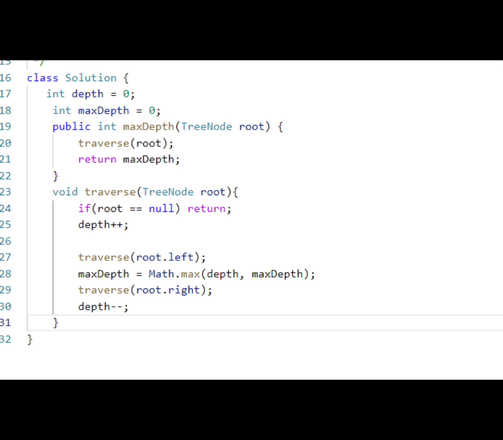And for the main function, it will be traverse root, and at the end we're gonna return the maximum depth. So this is the traversal solution. So what's the time complexity of this solution? This one is big O of n, and n is the number of nodes in the binary tree,